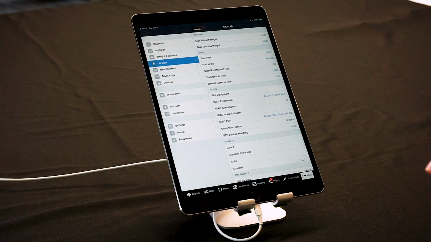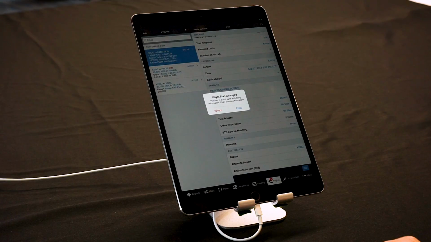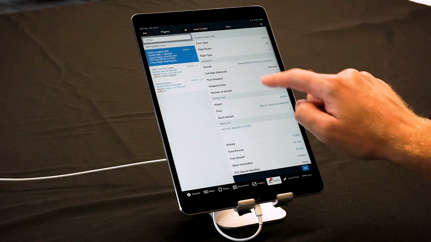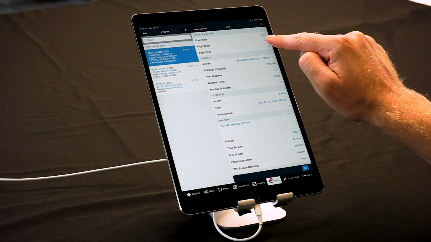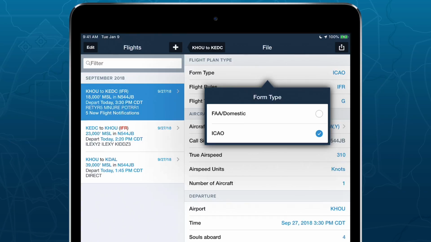So a note on the ICAO flight planning form, if I go back to flights and I go to this proceed to file button, you can see the form type selection up at the top here. It says ICAO. Yours might say FAA NAS, and that's where it's important for you to tap on this field and select the ICAO filing form, which will give you access to a wider range of filing options within the